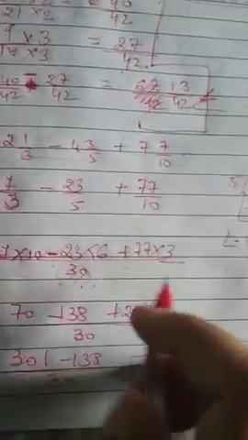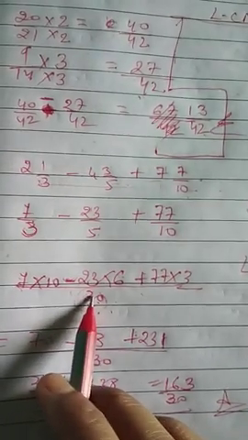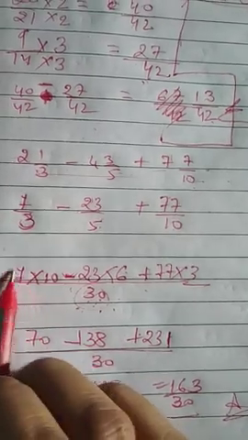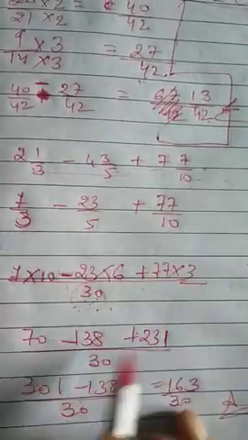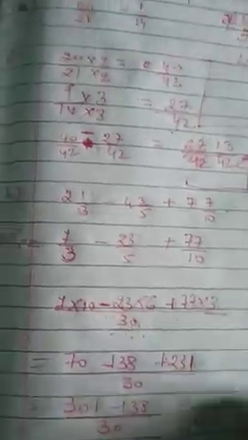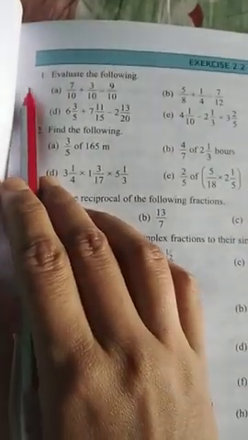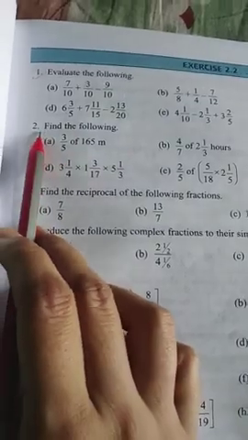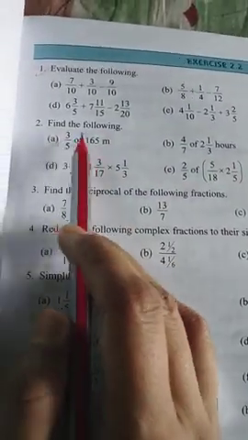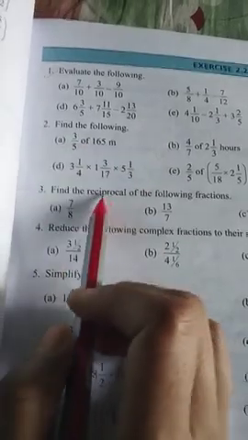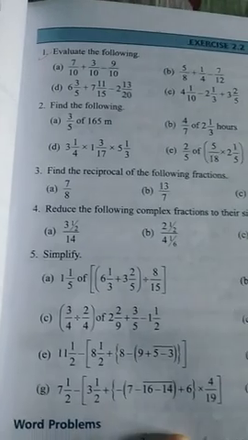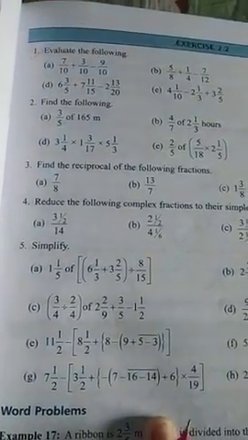Got it? Simply you have to take the LCM, write that LCM down, and then divide denominator to denominator and multiply with all the numerators. Okay? I hope you have understood this method. The same method you have to follow for exercise 2.2 question number 1. This is your homework. If you can do question number 2 also, these are all multiplication. Of means what? Multiply and cancel out and write the answer. If you can do it. Otherwise in the next video we will discuss the rest of the questions. Till then complete up to question number 1. Okay?